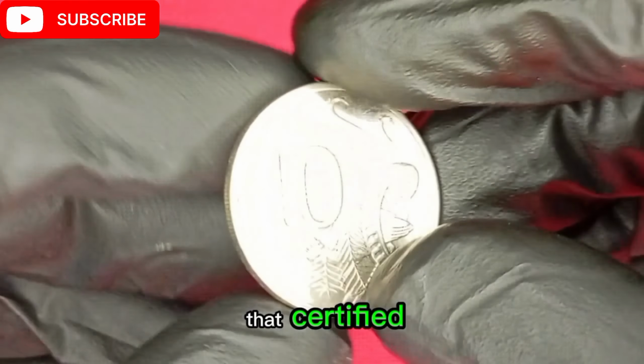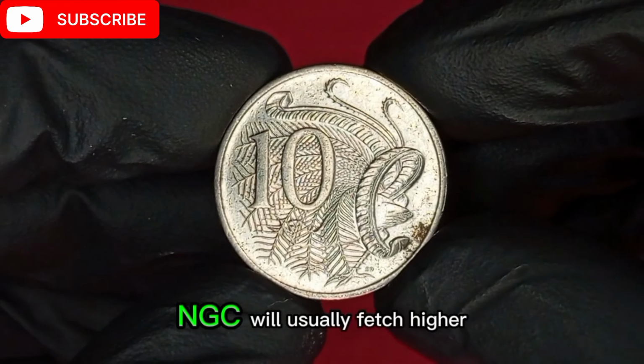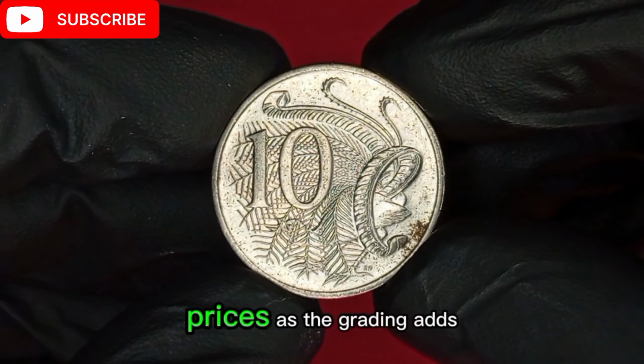Remember that certified coins graded by agencies such as PCGS or NGC will usually fetch higher prices as the grading